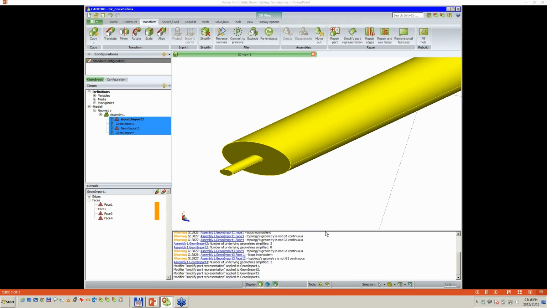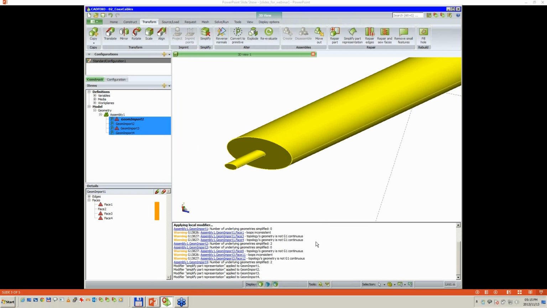Okay, so in the message window, we see some feedback: number of underlying geometries simplified 2, but there are still some problems remaining. We see in the model tree, 2 of those 4 parts no longer have problems, but the other 2 still have some problems. Okay, now to fix those other 2 parts,